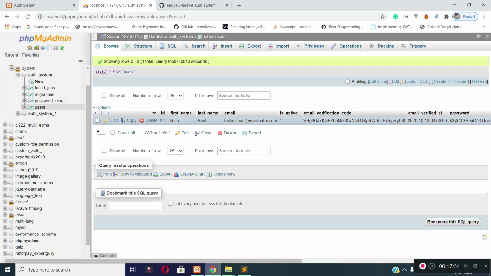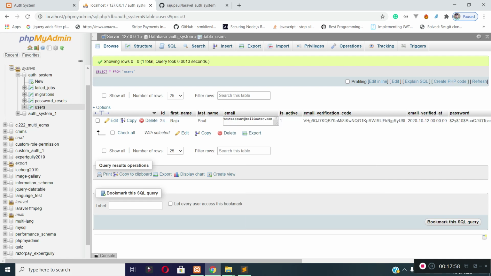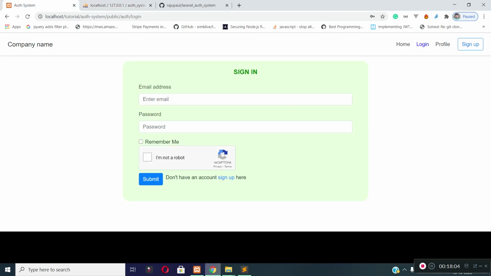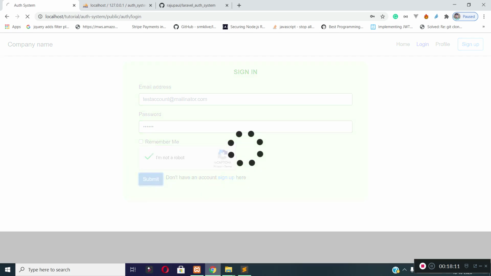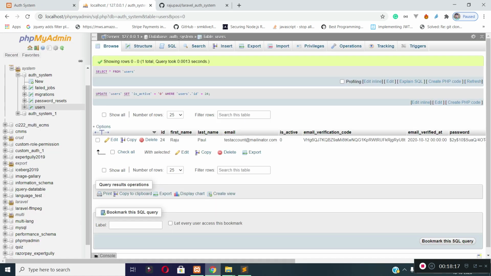Now try to log in with an email address which is registered and which is not active. Let's update this column to 0, that means user is not active, and let's log in with the correct credentials. You can see credentials are correct but user is not active, so he cannot be logged into the system.